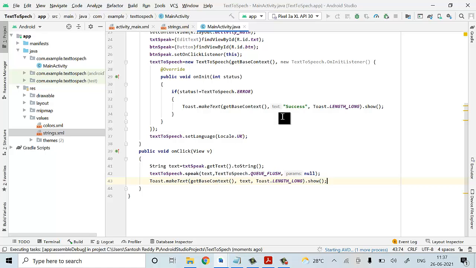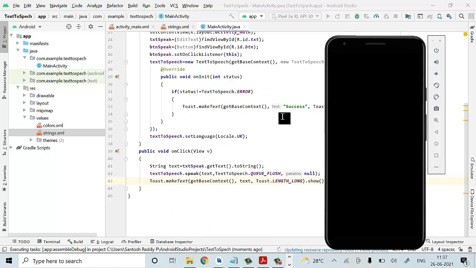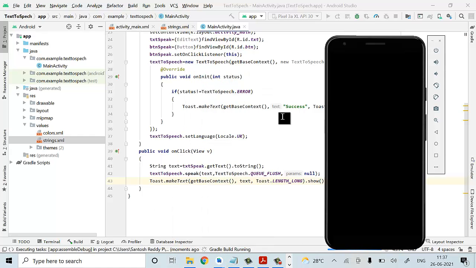Now we can check it out. At the bottom it has started executing, Gradle build running. We'll wait until it starts the phone.